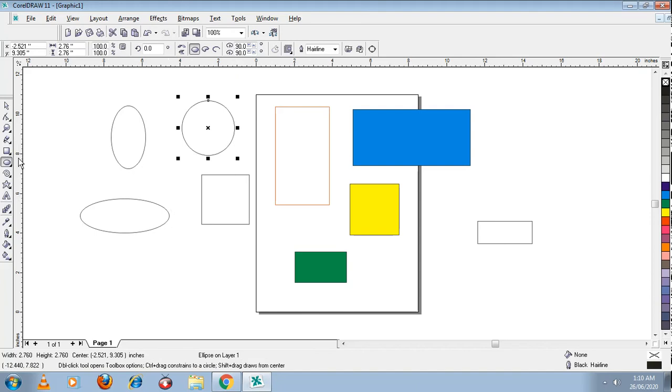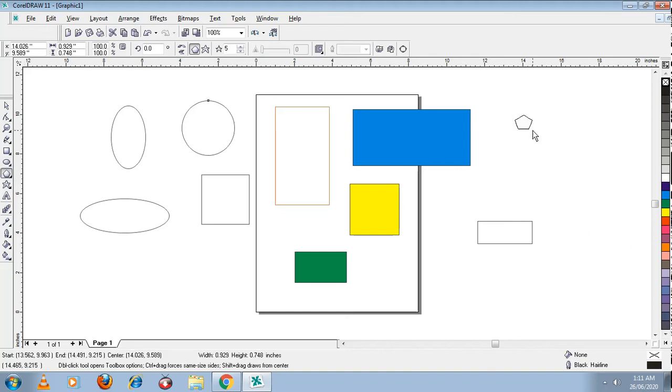Let me go further for the next tool. I'm not explaining any properties right now. We are just simply understanding how to make use of these tools first. Okay, after this, the next tools are the polygon tool, graph paper tool, and the spiral tool. Polygon tool, what is that? See how this window has appeared. I have just kept pressing on that button. There is a black mark in front of that tool. So it gives me the pop-up menu. In this I'm selecting the polygon tool.